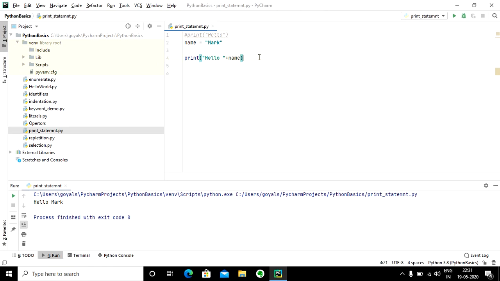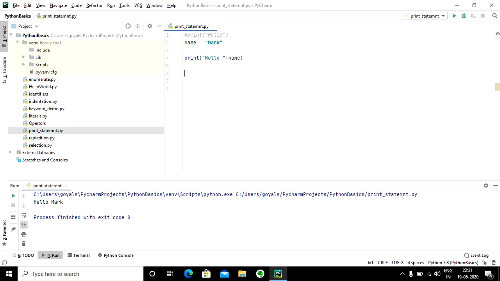Also, there could be scenarios when I want to print some non-string values as output. For example, if I've performed some calculations, and I want to show the output along with some message.